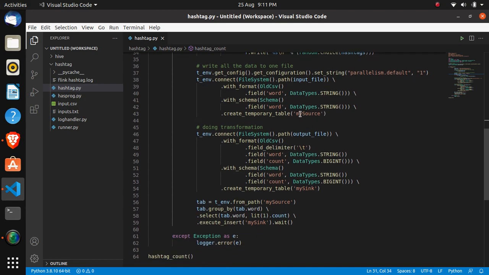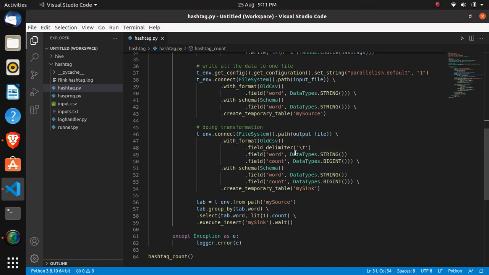So after creating this temporary table, we have to create another table for syncing purpose. So for transform, we will use connect. We will first connect to our file system, that is the output file path, and then we will be formatting.